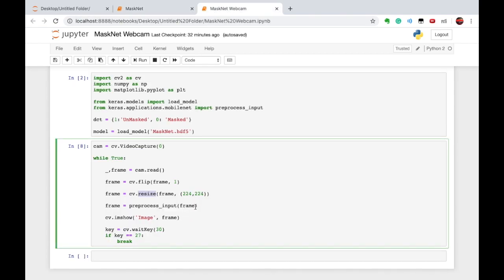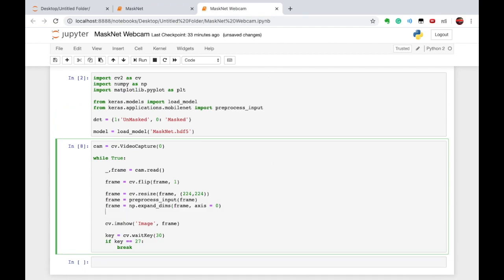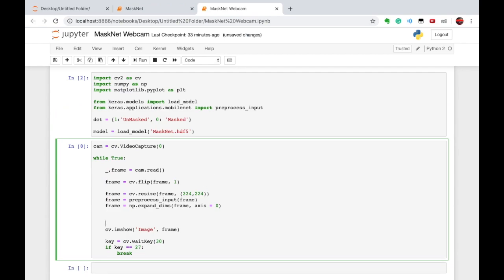And to expand the dimension, let's do this also. My image name is frame. Clear, and after that we'll make the prediction. To make the prediction, we'll use model.predict, and inside predict we'll pass the frame here. Okay, and the prediction will return either 0 or 1.